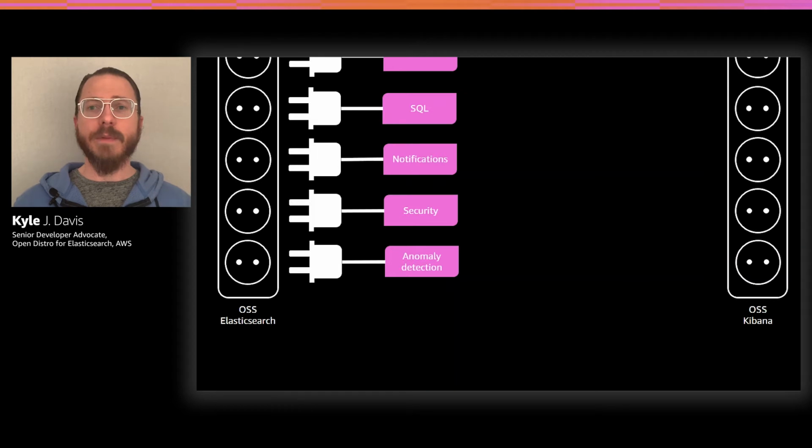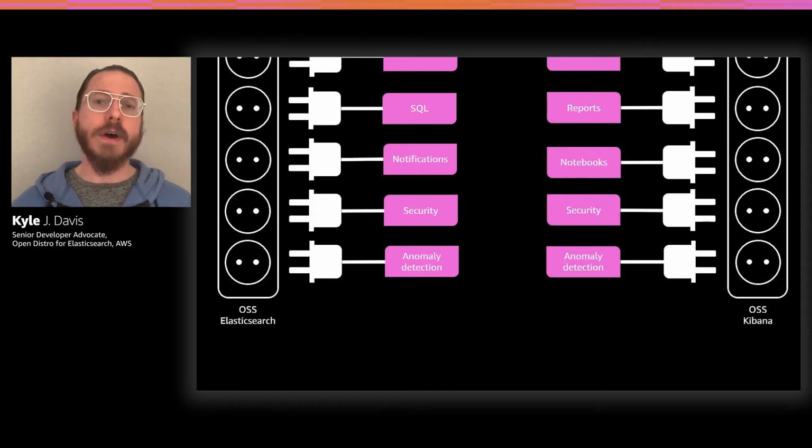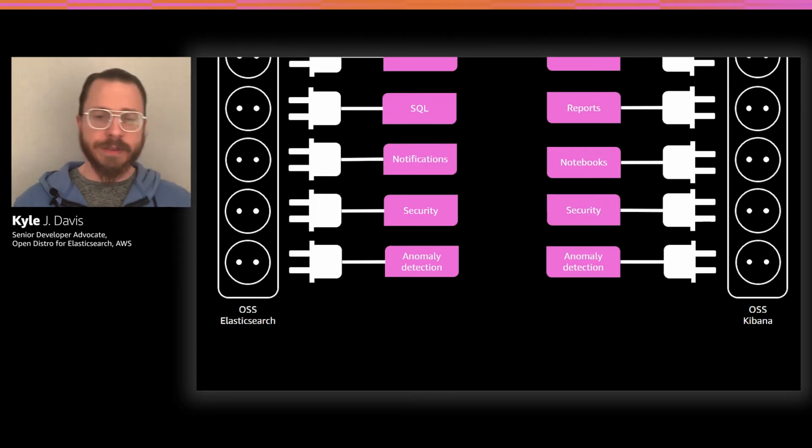And then we have plugins on Kibana, which are more the user interface side of things. So in that case, we have plugins like reports and notifications, and these help you build things that enable others to understand the data inside Kibana. And they are purely working with the user interface, so they don't actually have an analogous plugin